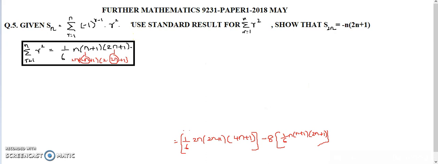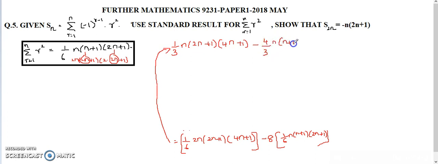Yes, so on simplifying this, 1 by 6 times 2n can be written as 1 by 3 n times 2n plus 1 times 4n plus 1 minus 8n by 6. So that reduces to 4 by 3 n times n plus 1 times 2n plus 1. Fine. So that is equal to, I can take 1 by 3 n to n plus 1 from both the